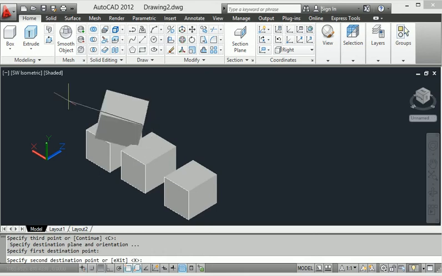I select the particular alignment according to the selection, and this is the point also.